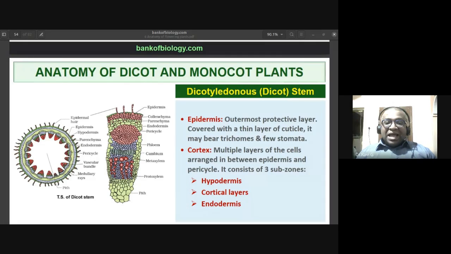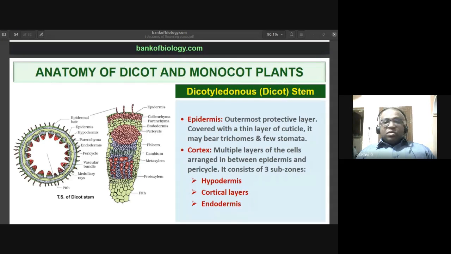The vascular bundle has the phloem. The initial layer is this phloem, the bluish colored one. Then they also have this cambium. Since cambium is present, the vascular bundle is conjoint open type of vascular bundle. And you notice the metaxylem, the later formed xylem elements, are towards the periphery, and the first formed xylem elements, that is protoxylem, are towards the pith. So this is the pith region. Pith is also called medulla. You should remember that pith is also called medulla. So these are the different regions within the dicotyledonous stem.